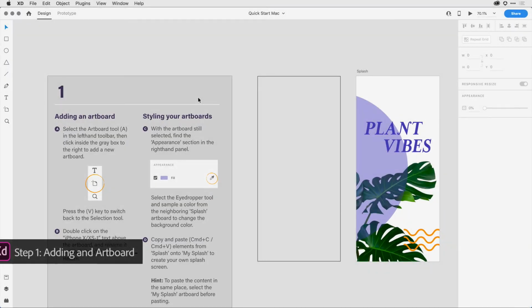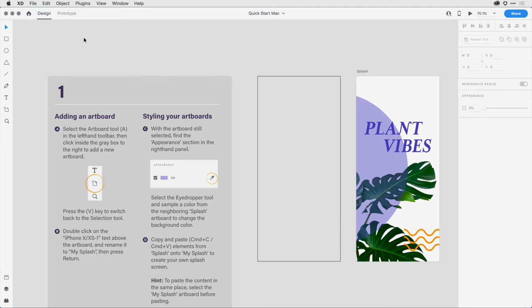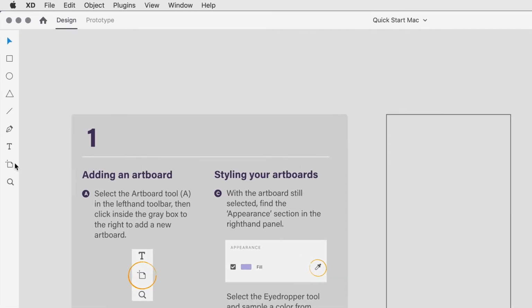Let's start by creating a screen, or in XD, what's known as an artboard. To do so, I'm going to come over here to the tool panel on the upper left-hand corner, and towards the bottom, I want to select the Artboard tool. If I roll over that tool, I can see that there's a tooltip that indicates a shortcut I can use to access individual tools separately. I'm going to go ahead and use that shortcut, so I'll type A on the keyboard, which brings up the